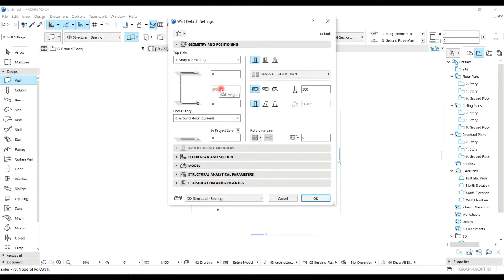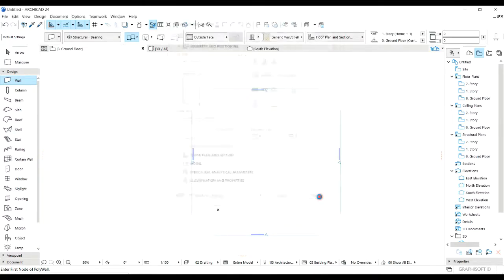But here this our wall will have the height of 3 meters or 3000 millimeters. If you want to change this, we will see it in the next video, but you're gonna change this one in order to set the height of your wall. So let's click OK. So to start, you click on your left click of your mouse, and then you put